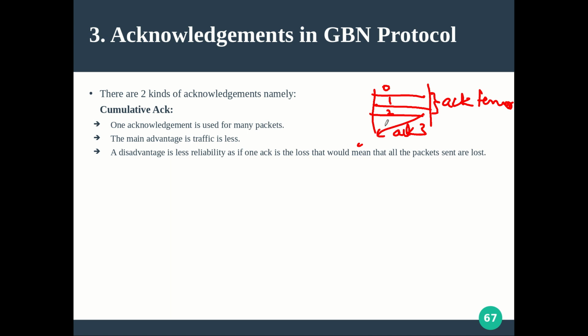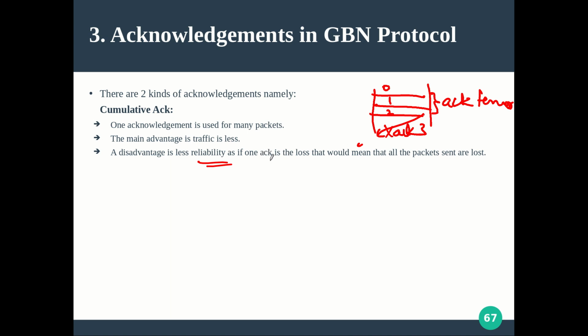So now what is the problem? If this single acknowledgement is lost due to some reason, it simply says that 0, 1, 2 were not received, so everything the sender has to retransmit. So the disadvantage is the reliability, how much you can trust. But with independent acknowledgements, for everyone a separate acknowledgement is coming, so if one is lost, still you will get the others. But with 0, 1, 2 together in a single acknowledgement, it's not a reliable solution, less reliability.